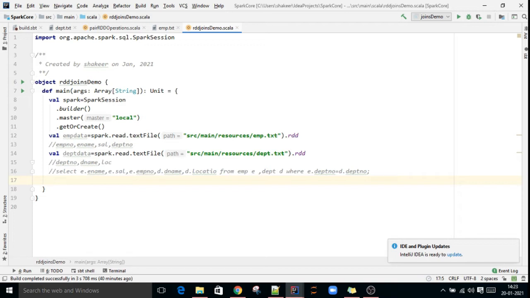As a second step, we have to convert that employee dataset to key value pairs using map.